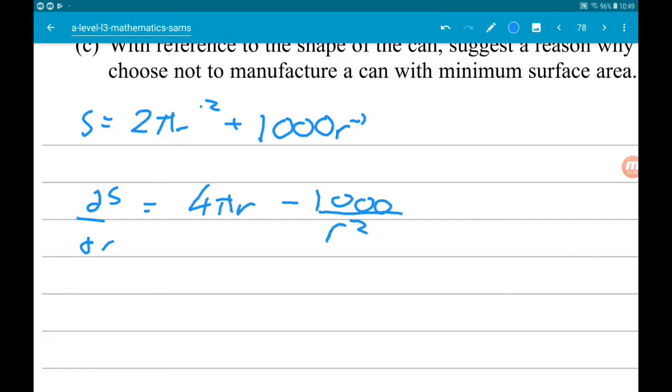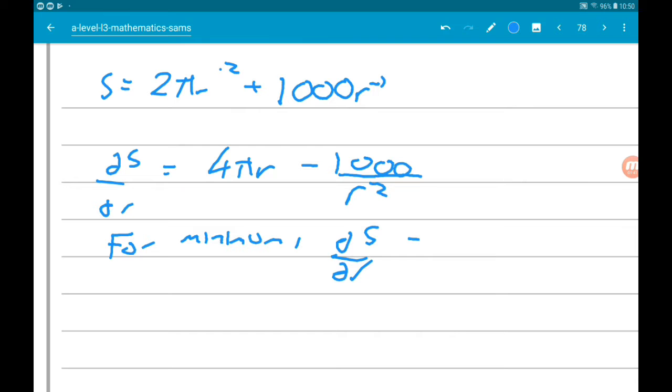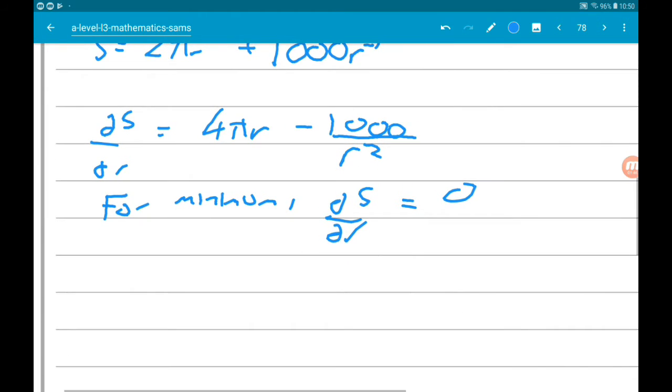Now we should probably say for a minimum dS by dr is equal to 0. Which then leads us to 4 pi r minus 1000 over r squared